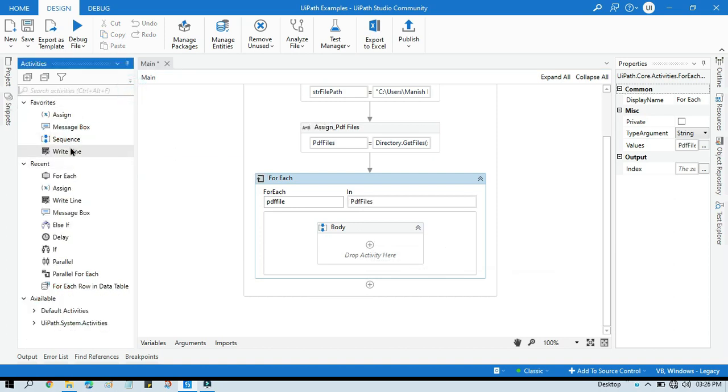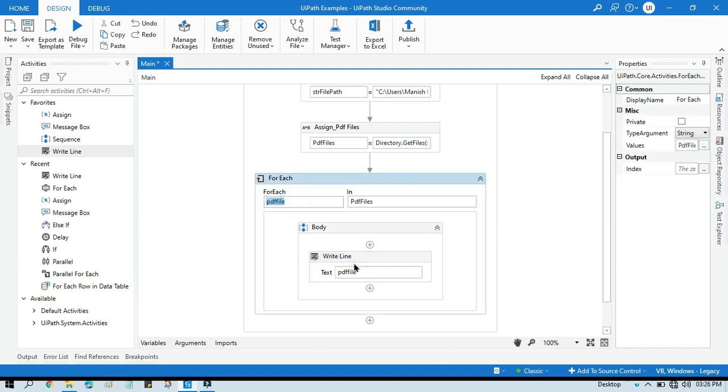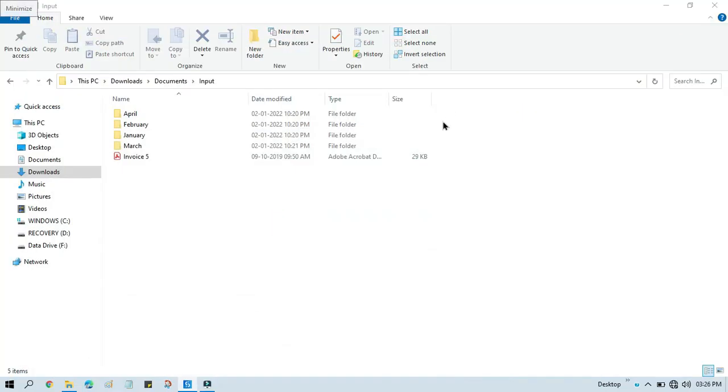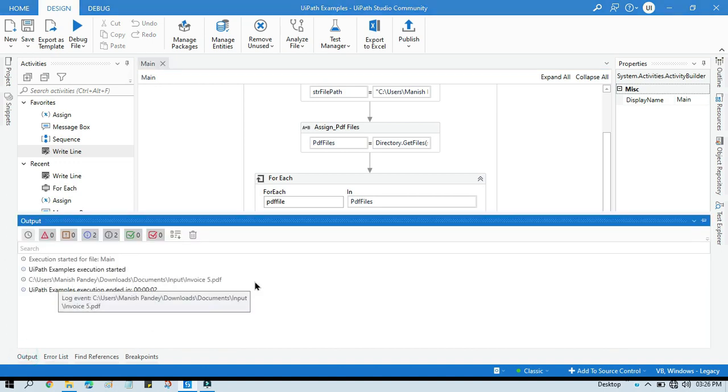Let's take one write line and just write PDF file. This is the name that we are putting here. Now if I run this, it will give us only invoice 5. It will not give you all the PDF files available inside these subfolders. You can see in the outputs we have only one PDF file.